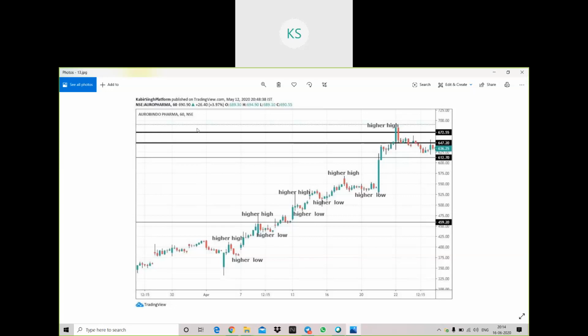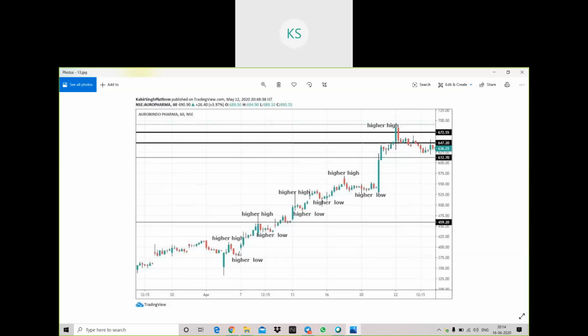This is Oro Pharma. You can also see it on the 1 hour chart, and the date is 7th April, and you can also see this chart. So the stock has started moving in upward direction from this point till this point. This was the trend phase. You see green candles with big body, and it has made a high, so I have mentioned higher high here. From this point to this point, it has been in secondary trend, and when this secondary trend gets over, that will be my higher low.